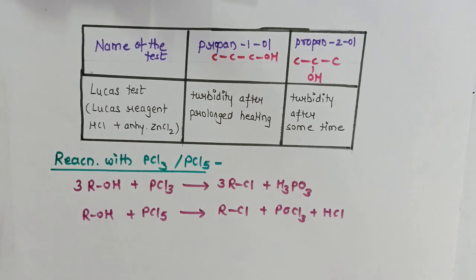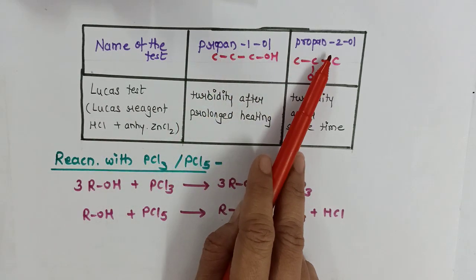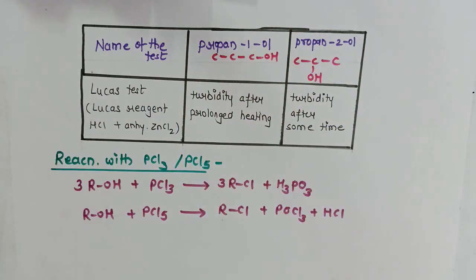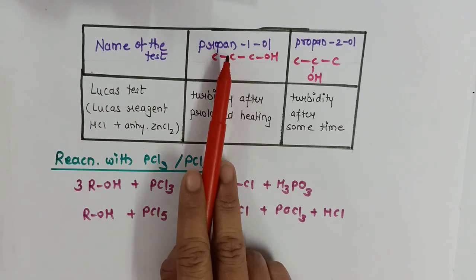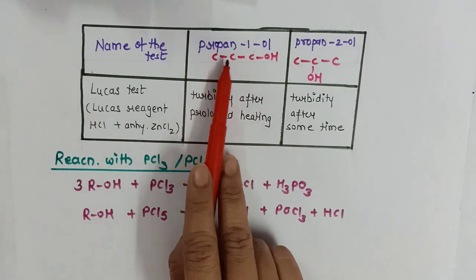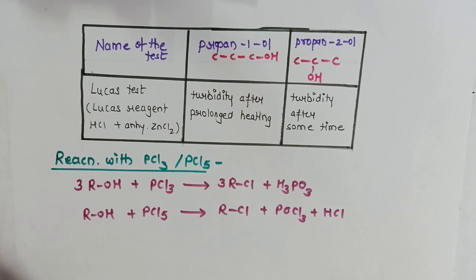So here is the example of how to write a distinguishing test. The question comes straightforward as: write a distinguishing test between the following pair of compounds. I have taken the example of propan-1-ol and propan-2-ol. It's always better if you write the answer in such a tabular form. It becomes very easy. Now, you have to write both the compounds given to you, and I will advise you to write their structures also, and that gives us an idea which test has to be applied.